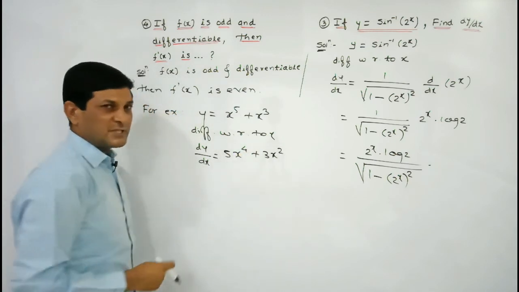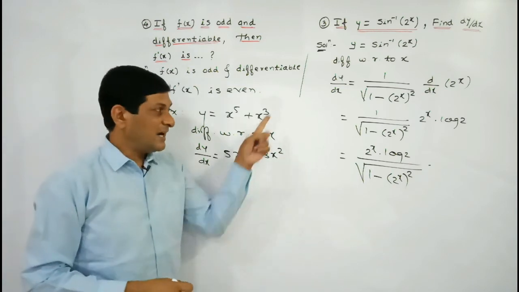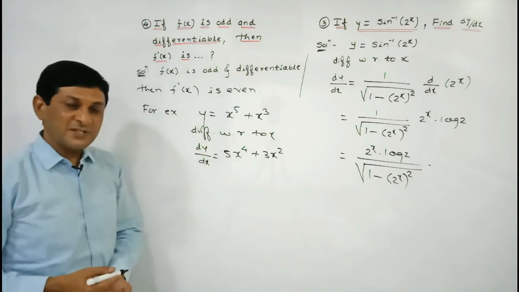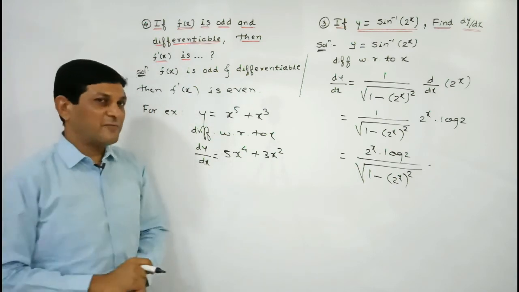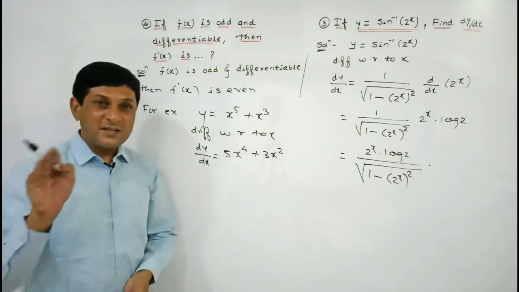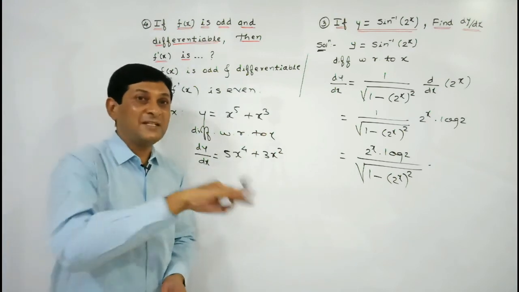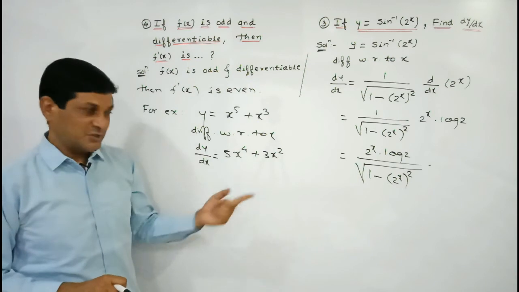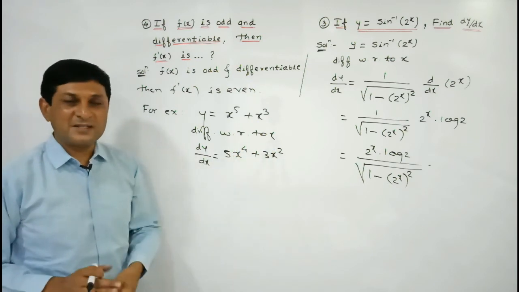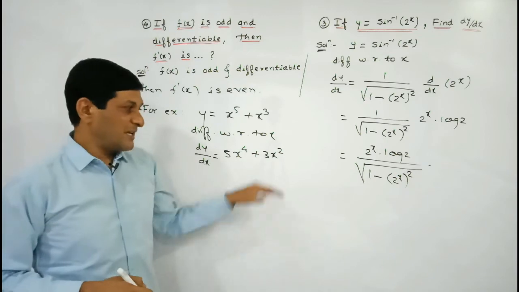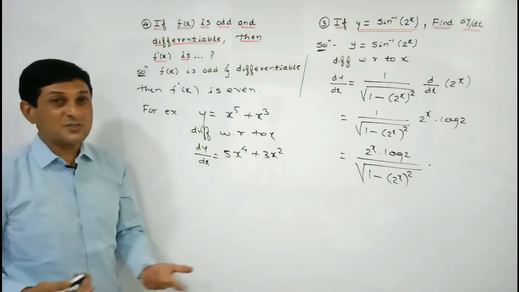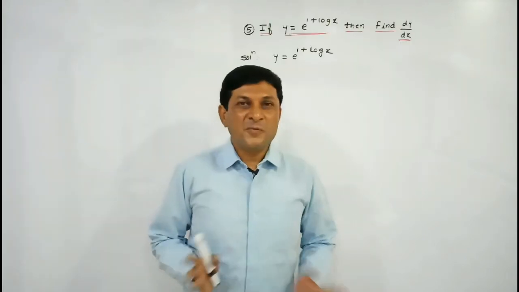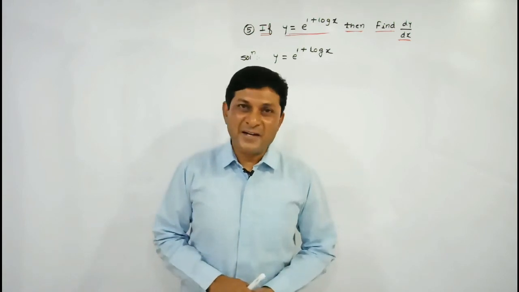So here easily we can observe that this is an even function, powers of x are even, and here powers of x are what? Odd. Actually this is not the definition. We can say that a function is even if f of minus x is equal to f of x, and odd if f of minus x is equal to minus f of x. But simply remember that if powers are odd, we can say that this is an odd function. If powers of the variable are even, it satisfies the condition of an even function, so we can say that this is an example of what? Even function. So what we have observed here, if the function is odd, then its derivative is what? Even.